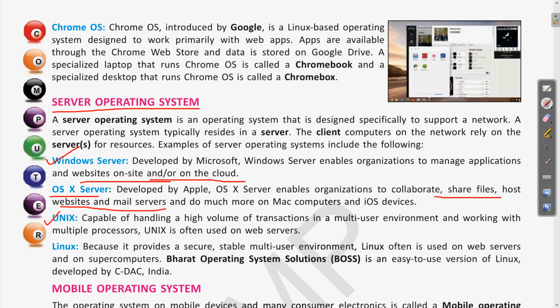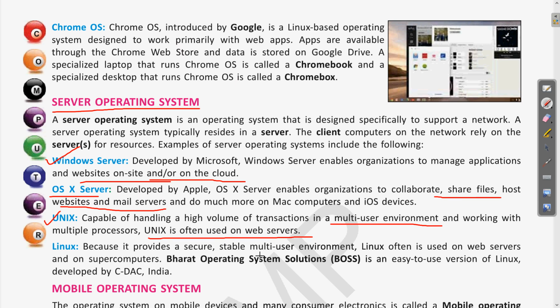Next is Unix. Unix is a multi-user environment where a single server will be there and multiple clients can be attached to that single server. Unix is mostly used in web servers, meaning the servers where websites are hosted, so the Unix operating system is used for managing those web servers. Next is Linux.